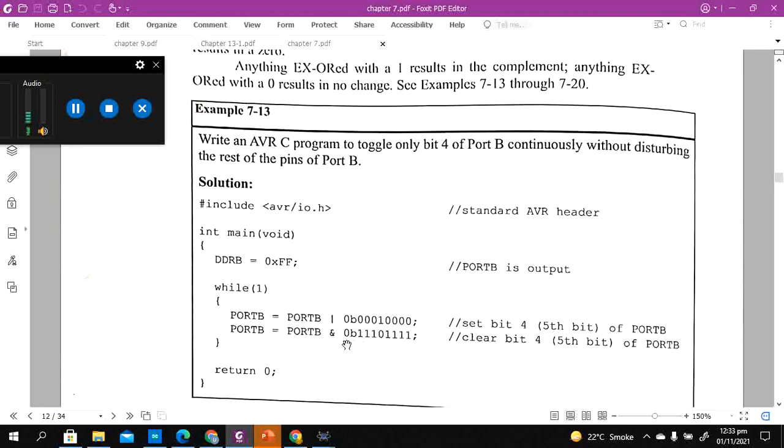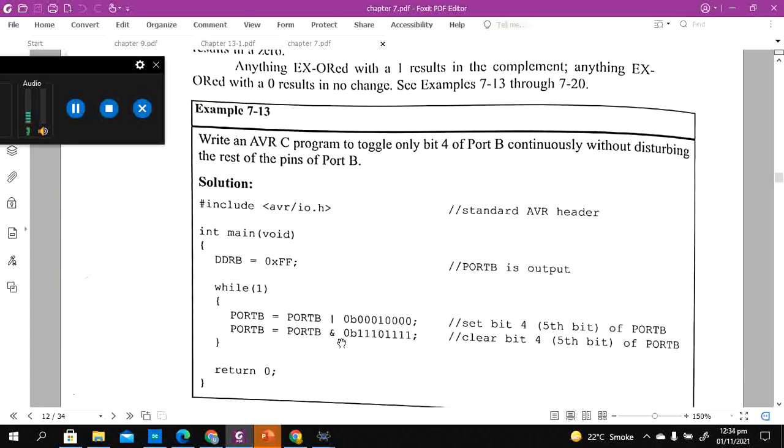So the application of a mask is basically discussed here, how you can apply a mask and use OR or AND operation to make a port bit set or reset, 1 or 0. If you want to make that bit particularly 1, you can use this upper command, and if you want to make any bit of a byte 0, you can use this lower command.